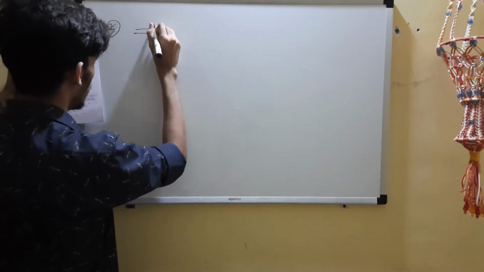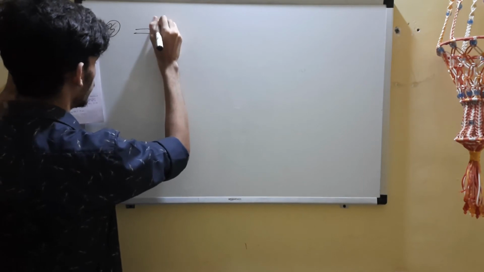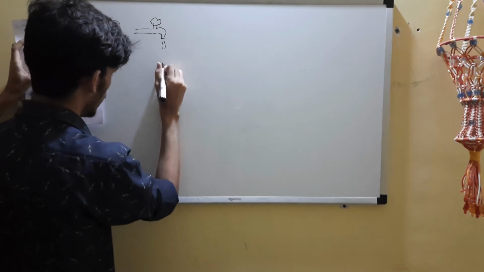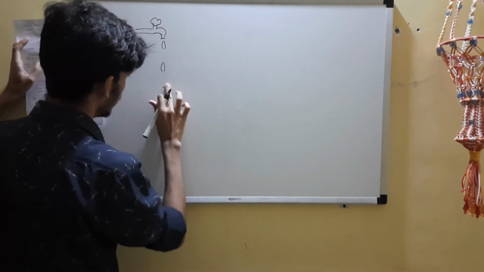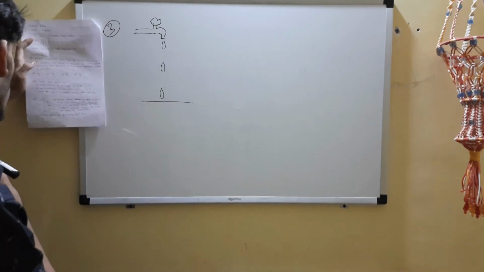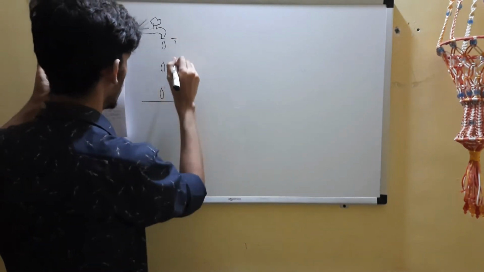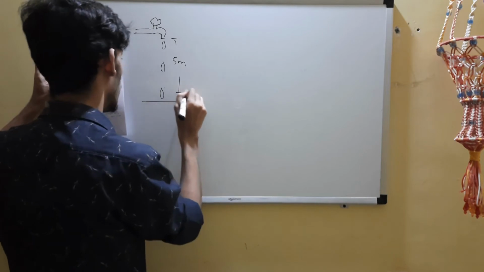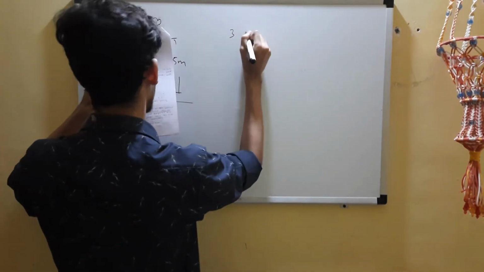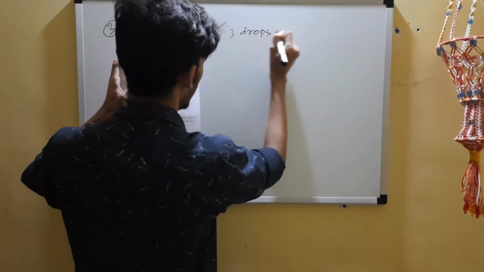Now we have a tap. Nice drawing. Okay, so water is falling from it, drops are falling. So you have 3 drops over here, right? So something is given, so this is at a height of 5 meter above the ground. Okay, so 3 drops leave